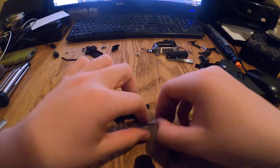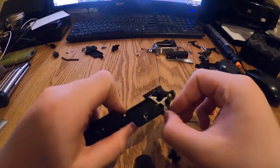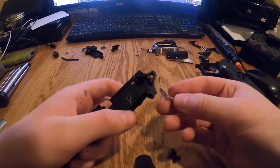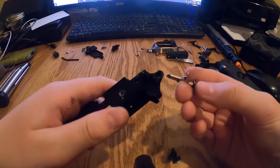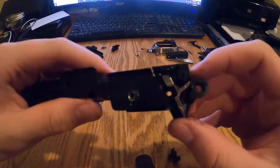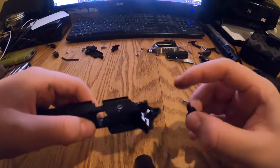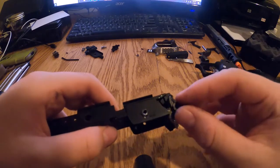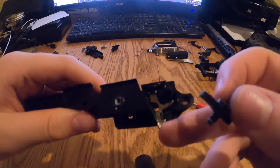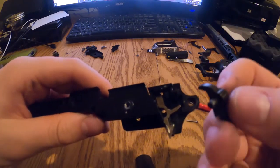So you're going to put this part right here, right up like, alright, so you're going to put this part up in there like that. Alright, and then this part is gonna go, there's a hole right there. You see that hole right there? That's where this part is gonna